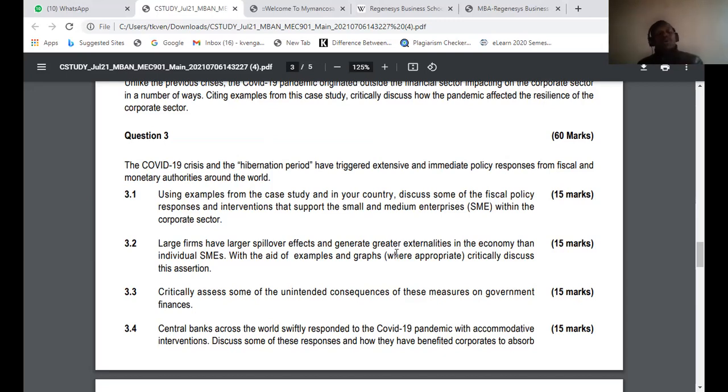There is also the opposite, which is contractionary fiscal policy and contractionary monetary policy. But for the purposes of this, we're looking at the expansionary part of the fiscal policy, because that's what they did. So, using examples from the case study in your country, discuss some of the fiscal policy responses and interventions in support of SMEs. Be careful, it's looking for those in support of what? Of SMEs. So your examples should be aligned to SMEs, not everything that they did. If you look at our government, for example, what they did during the